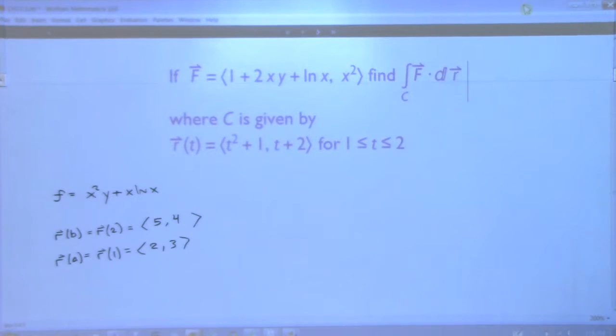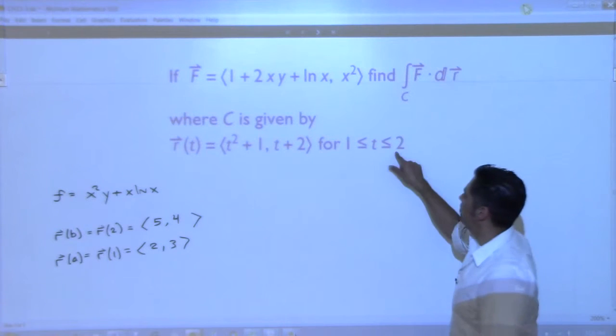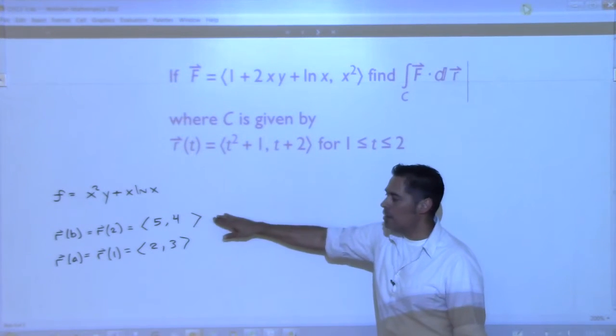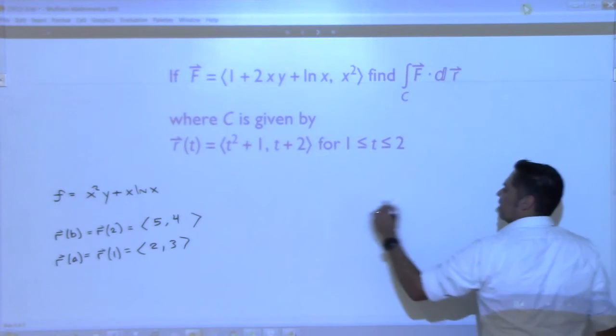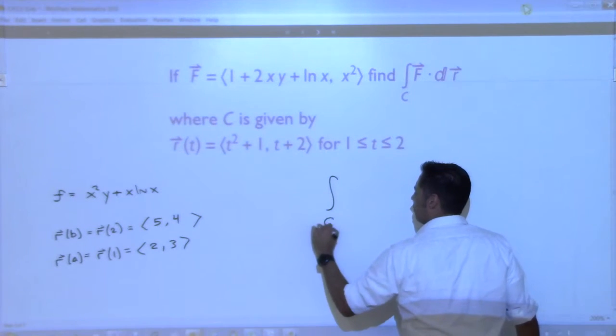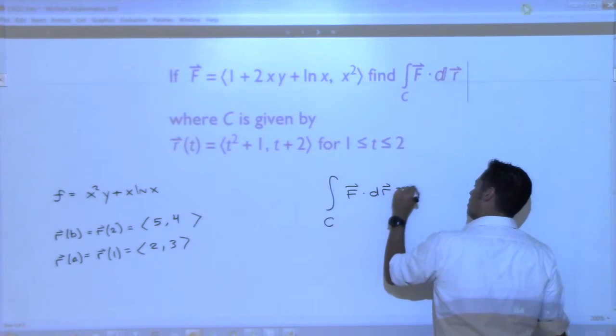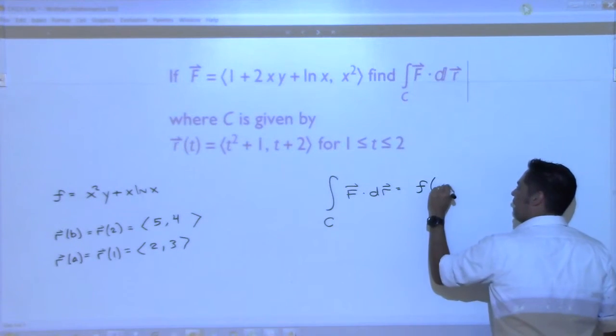Y'all know what I'm doing, right? Yes. This is A, this is B, this is R. I plug in B, I plug in A, there they are. And now I'm going to get to the answer. The line integral over C, f dot dr should be equal to my little scalar function evaluated at R of